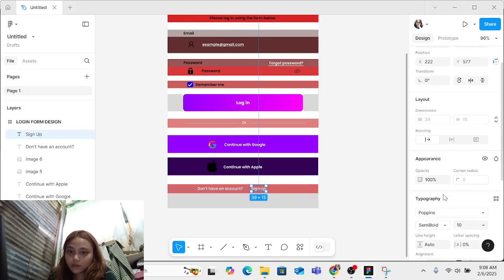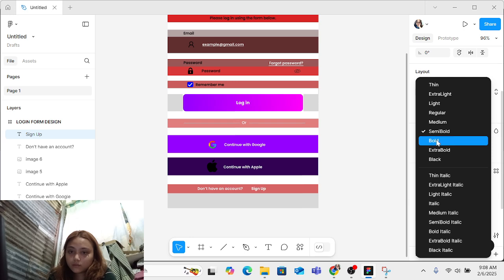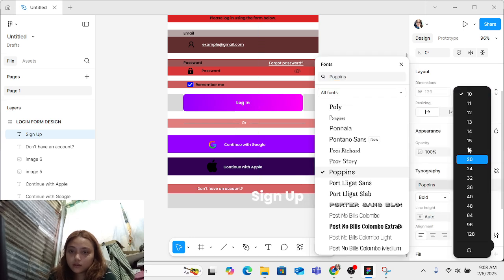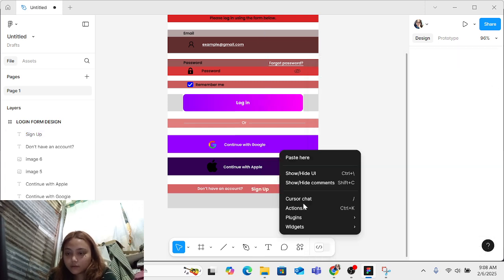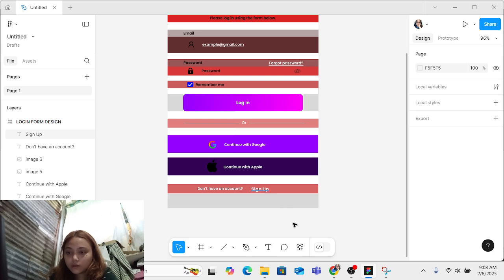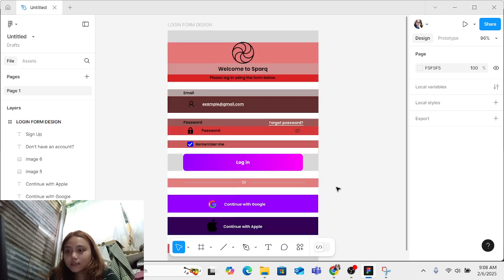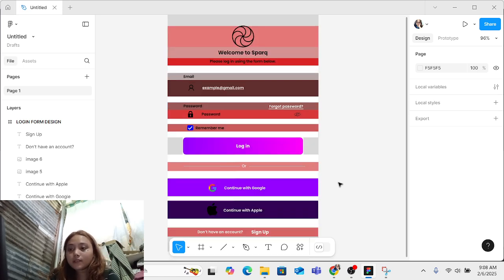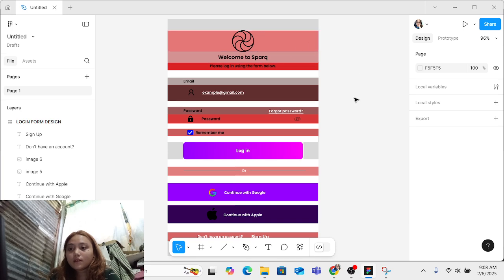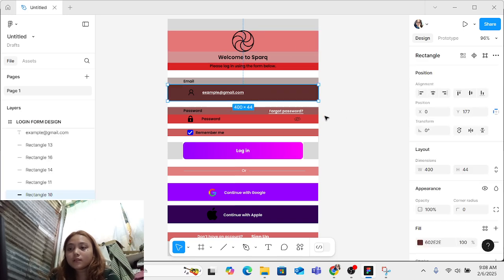Okay, let's change it to bold and maybe cloud. Right. Then since we're already done with this one, let's start to resize it.